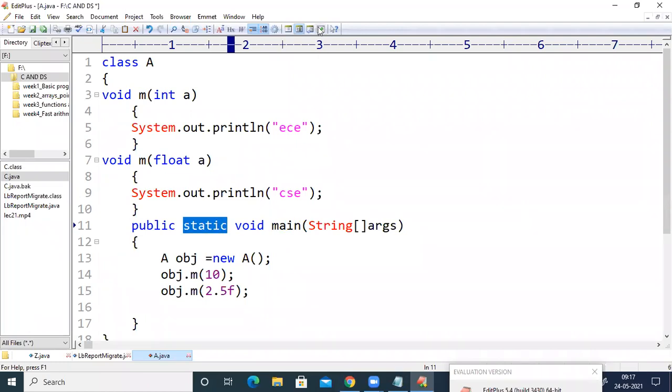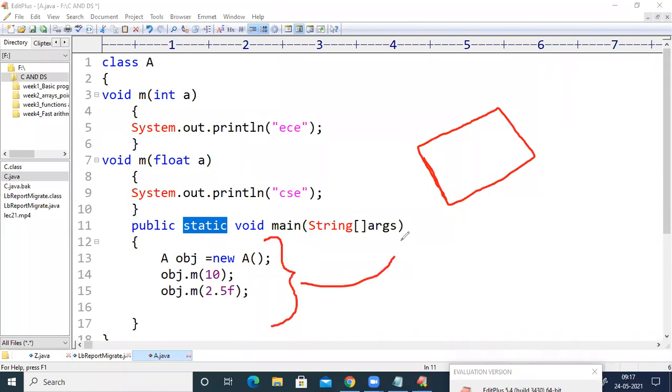Whenever the compiler sees the static keyword, immediately it is going to create a memory. Inside that memory, it is going to move the whole body of the main method into the RAM, and it will start executing each and every statement one by one.